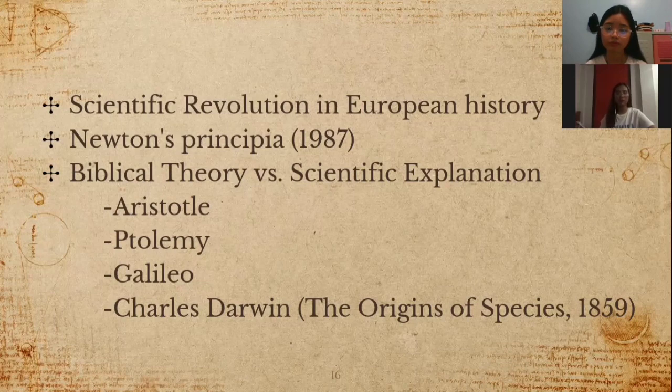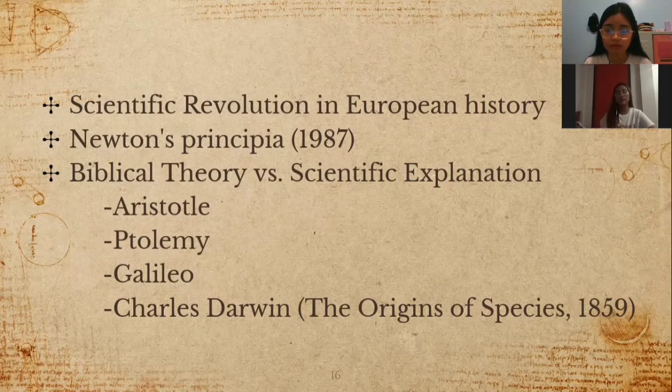The scientific revolution was a period of intense debate between science and religion. Because the majority of the European population was uneducated, the little schooling that was accessible to them was run by the Roman Catholic Church. So their scientific teachings were heavily influenced by biblical theory, and their science was provided by the ancient Greeks. For example, the geocentric system, which was accepted by Greek philosophers such as Aristotle and Ptolemy. They argued that the Earth was at the center of the universe and that the sun, moon, stars, and other known planets all orbited the Earth.